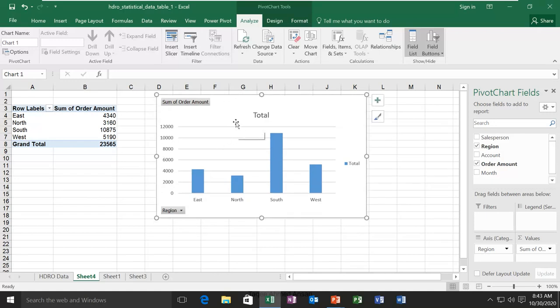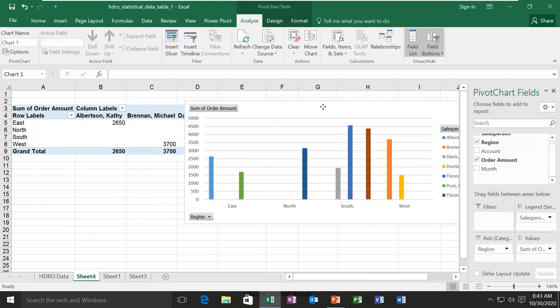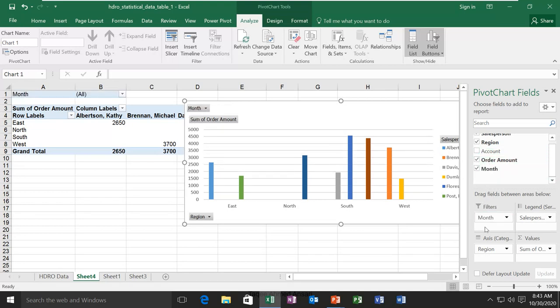The benefit of this chart is that you can manage it the same as you manage this PivotTable. So if I add some extra things here, like salespersons, you can see the chart is also changing. Or if I want to add a filter here, you can see it is also added here.